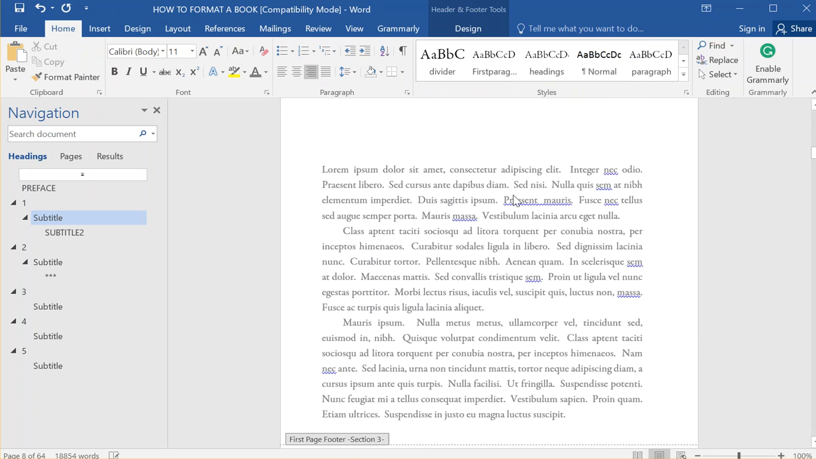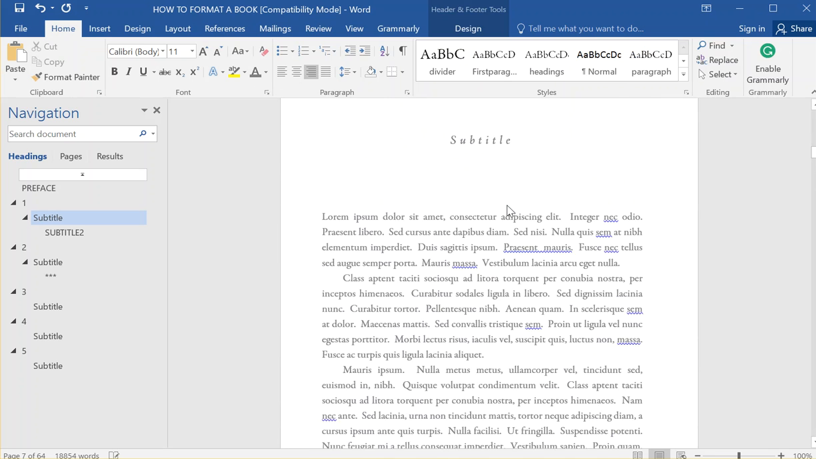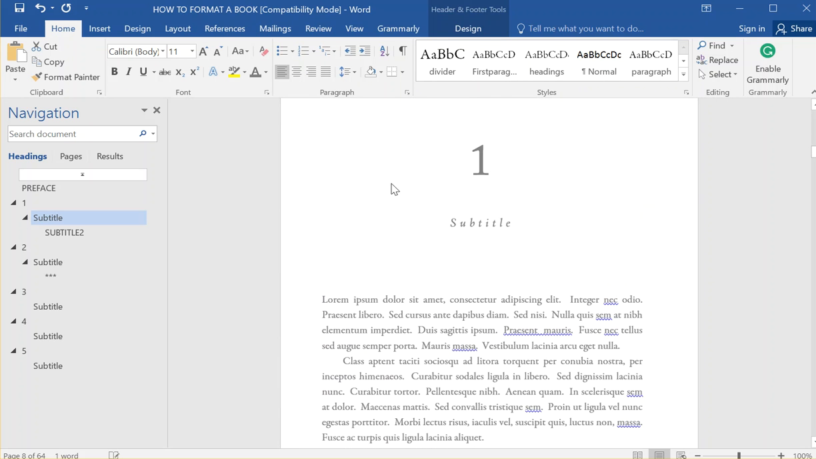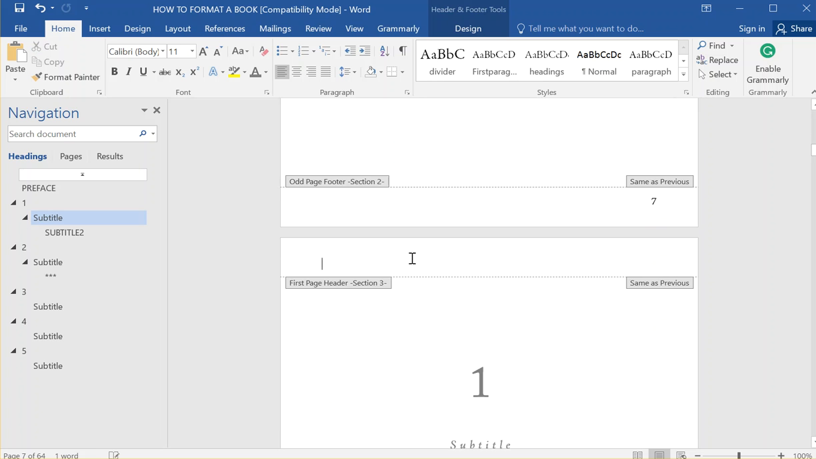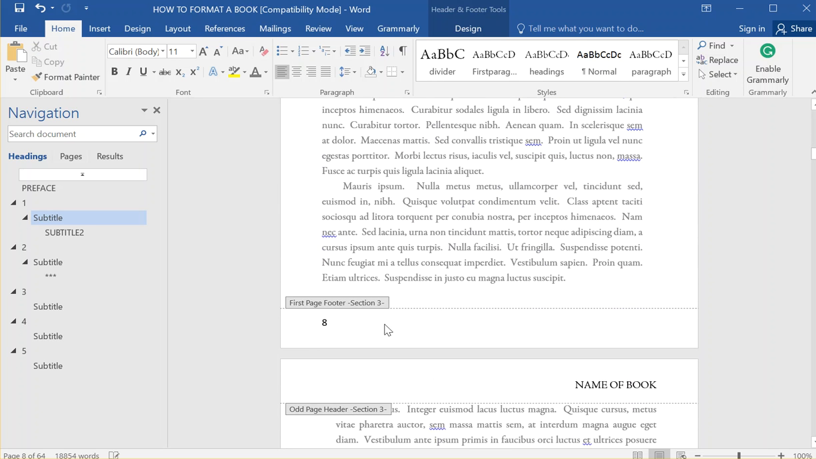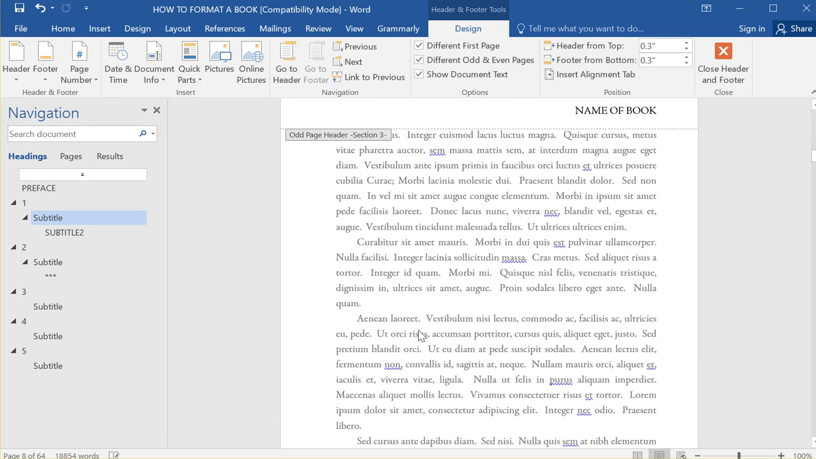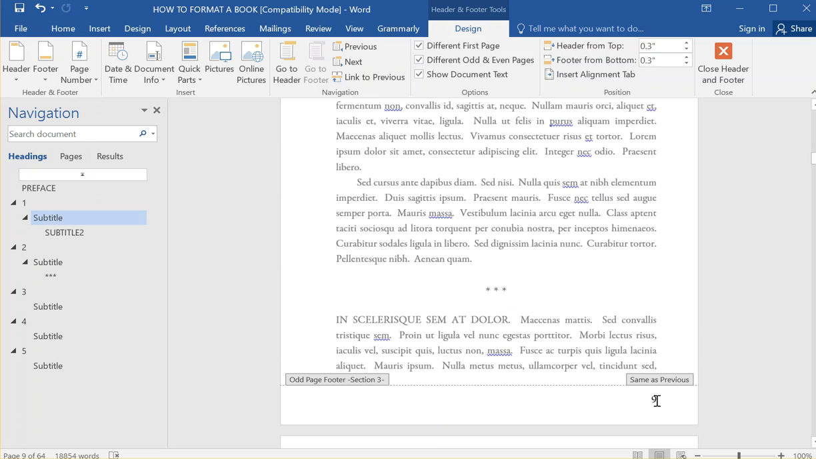I will justify it. I actually need to justify it to the other side. Actually, I don't really want it to show up at all here because this is a new page. It's a different first page. So I'm just going to delete it there. And I'm going to put it here. With page numbers, usually you can